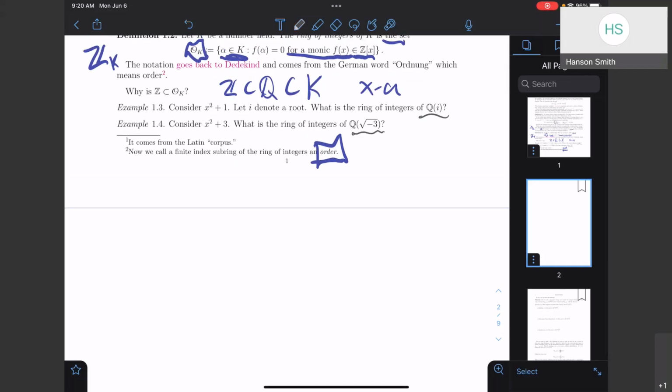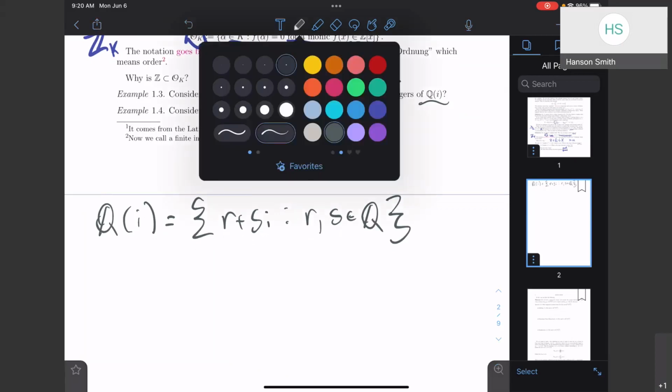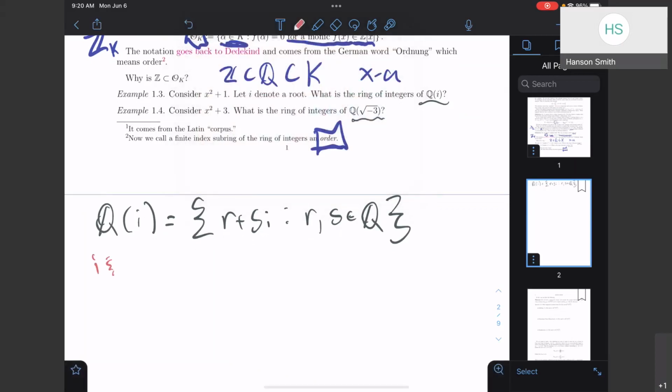So Q adjoined i. What does this look like? Well, it's a Q vector space. This just looks like r plus si, with r and s nice rational numbers. And i is one of the roots of x squared plus 1. An important side note here is that i and minus i are both roots of the irreducible polynomial